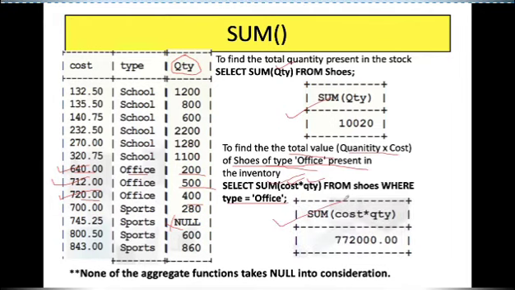So this is the result which is coming after calculation. This into this plus this into this. So this is the result which is coming. Here an expression is being used in which two columns are involved. Here only one column is involved. I hope the sum function is clear. So that's it for today. We'll be doing the count function in the next session.